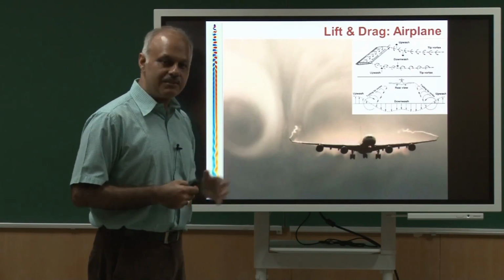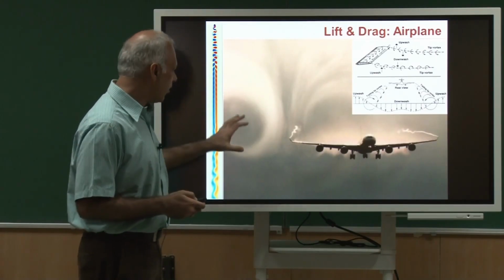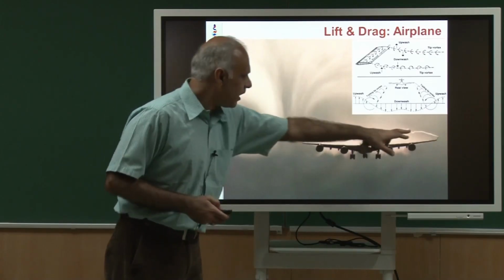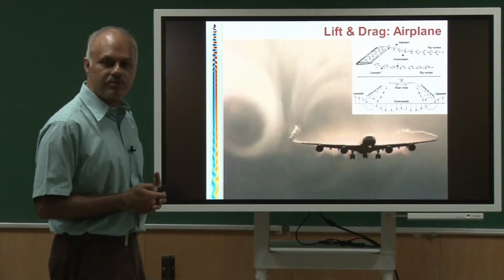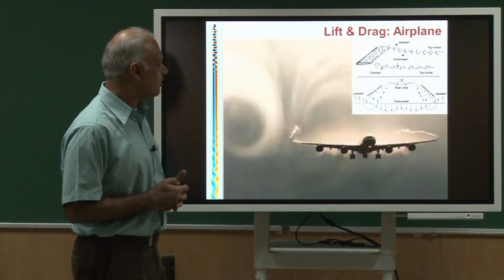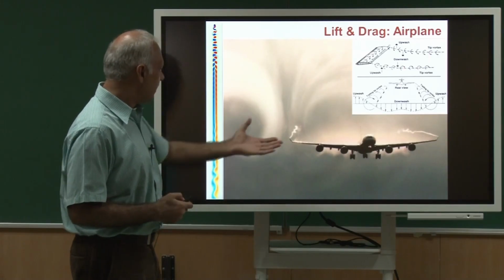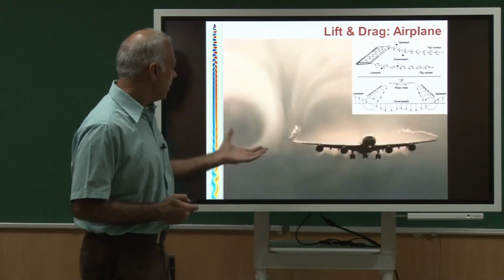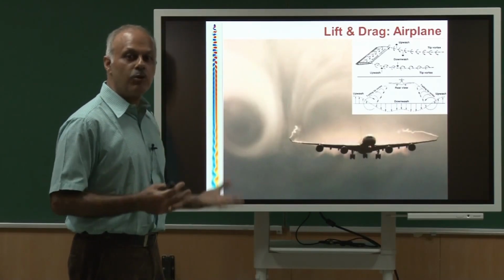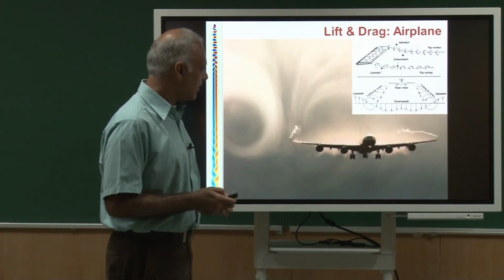So, a perfect estimation of these forces is very vital to aerospace engineering. You can also see what the airplane does. So, you can see these wingtip vortices which come out of the aircraft, and here is a model that we use to analyze them. We will talk about it later in the course. In fact, you can see that this one aircraft produces these very large vortices which affect flow in a very global sense. So, it is not a very local phenomenon, it is a fairly global kind of phenomenon.